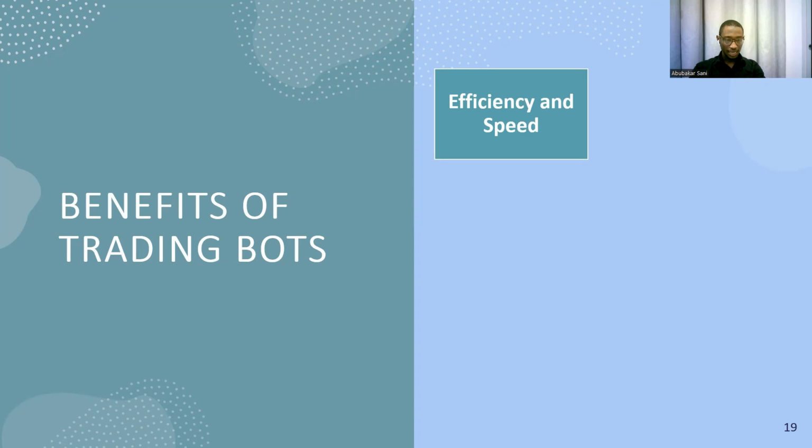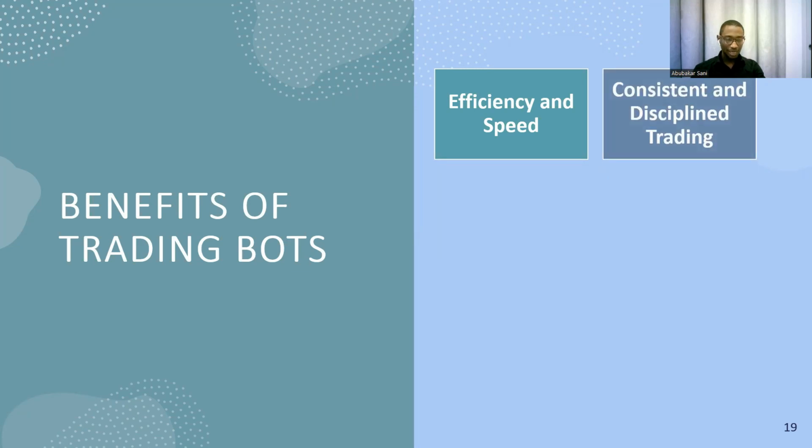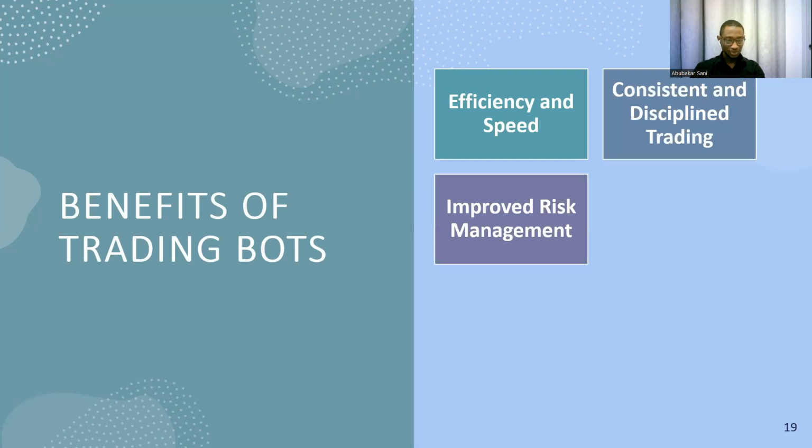Not only that, consistency and disciplined trading, because they are machines. They are consistent. If you tell them to do this, they will do it. You, on the other hand, are not the same. Totally not the same. Maybe today you are able to wake up early in the morning. Tomorrow you might oversleep and forget to start your trading at the right time. That's if you are very disciplined, for example. Consistency is a different issue.